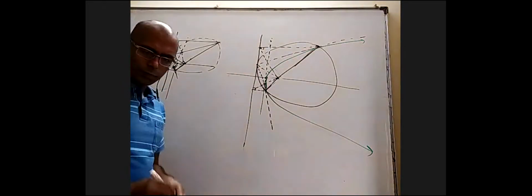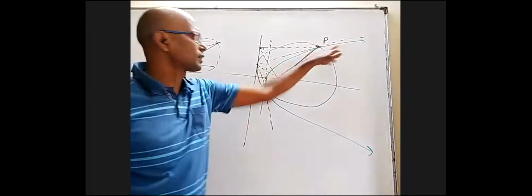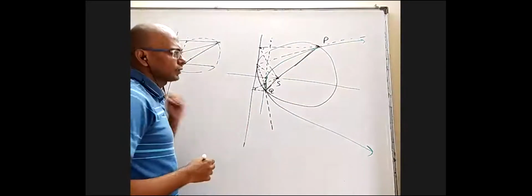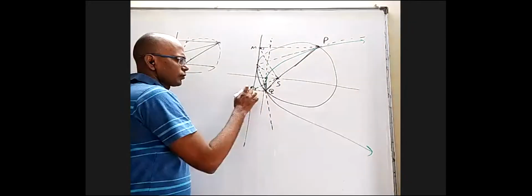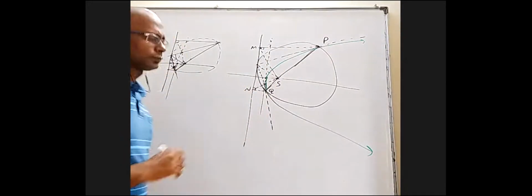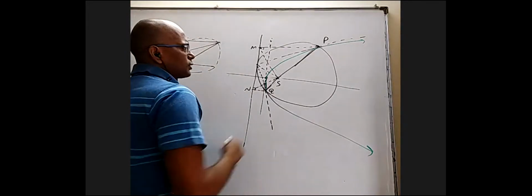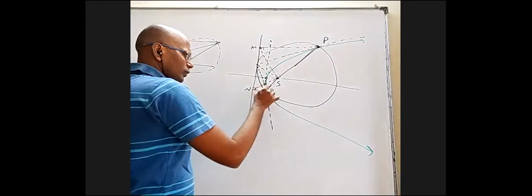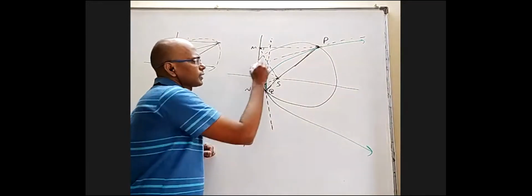But anyway, I just want to show a few things. If this is P, this is Q, this is S, this is a focal chord. This green curve is a parabola. Foot of P on the directrix is M. Foot of Q on the directrix is M. Next, at P, this dotted line is tangent to the parabola. At Q, this is a dotted line. They should intersect on the directrix and they should be perpendicular.